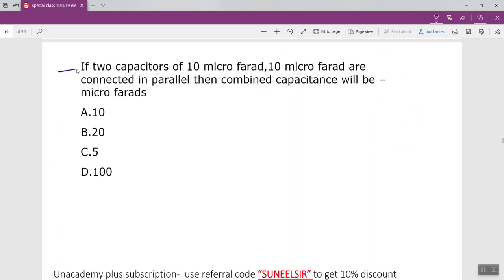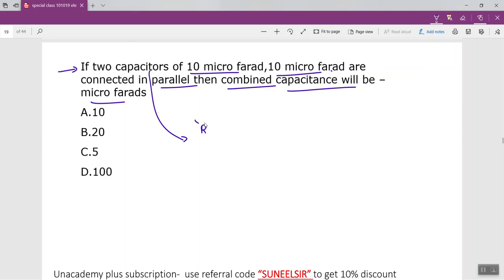If two capacitors of 10 microfarad and 10 microfarad are connected in parallel, then the combined capacitance will be dash. Here we have to be aware of the capacitor formulas. Why? Because